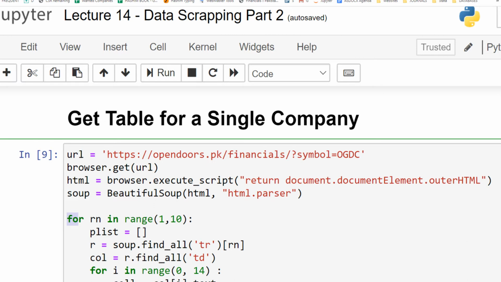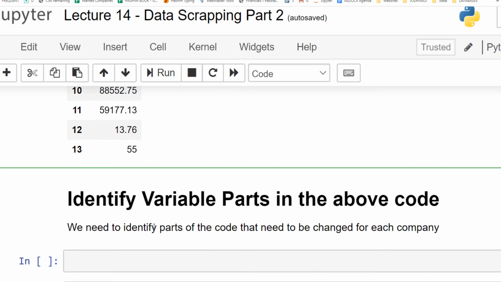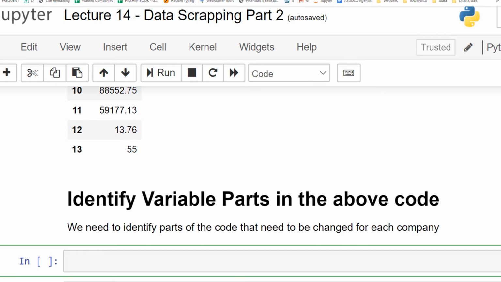So starting from the URL, OGDC is a company symbol, so of course this part needs to be changed. This will be different for a different company. So this is the first thing that we need to change. So the first item that we need to change is company symbol.